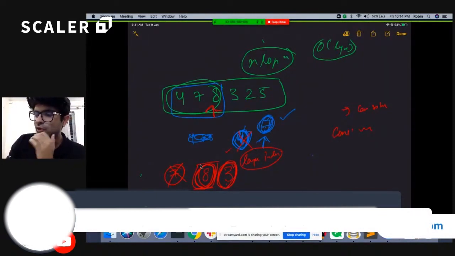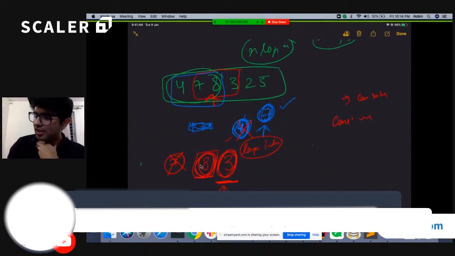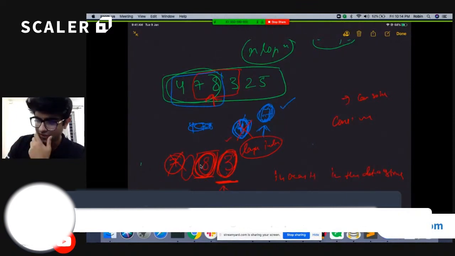But one thing we also need to ensure is that if we go to some other window, we need to remove the elements which are not in that window. And as I am adding all the elements in increasing order of index in that data structure, I can just check whether the first element is of the previous window or the current window. If it doesn't belong to the current window, I can safely remove that element.